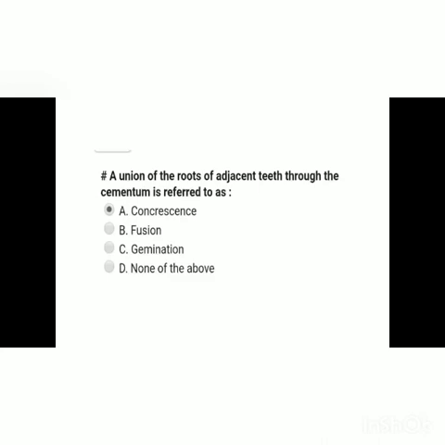Next is gemination. Gemination arises from an attempt at division of a single tooth germ by an invagination. So this results in incomplete formation of two teeth. The structure is usually one with two incompletely or completely separated crowns that have a single root and root canal. It is also seen in deciduous as well as permanent dentition, and it may have some hereditary tendency. So this is all about these three terms. Let us move on to the next question.